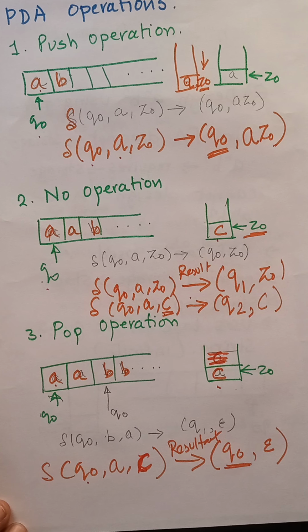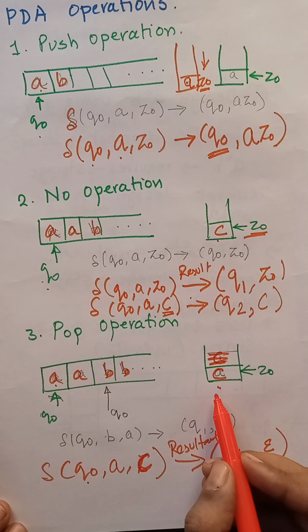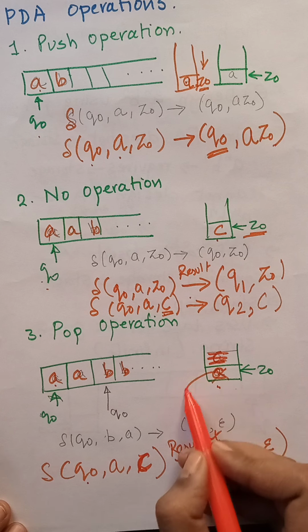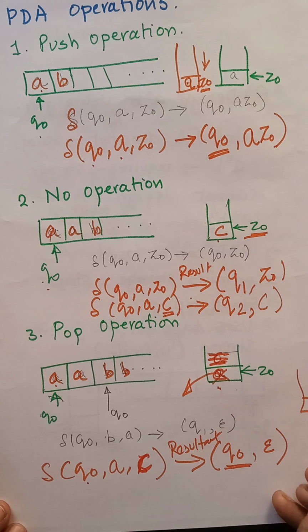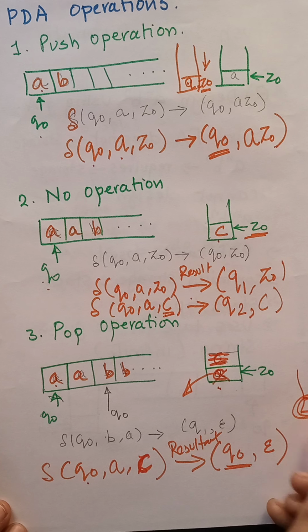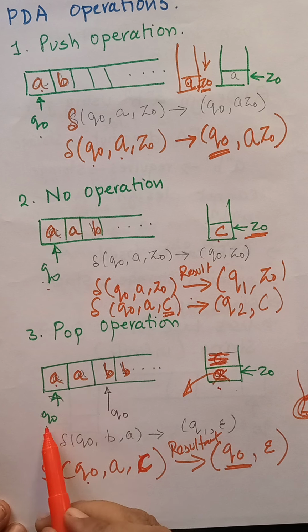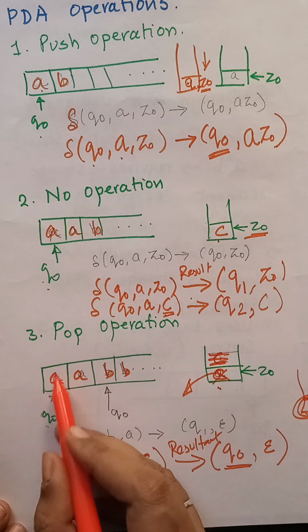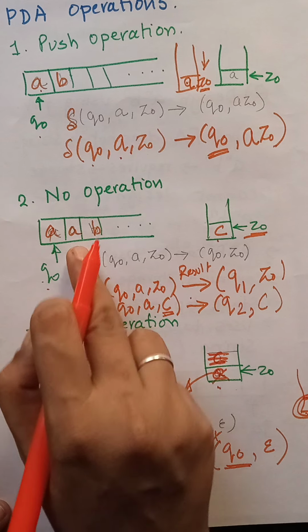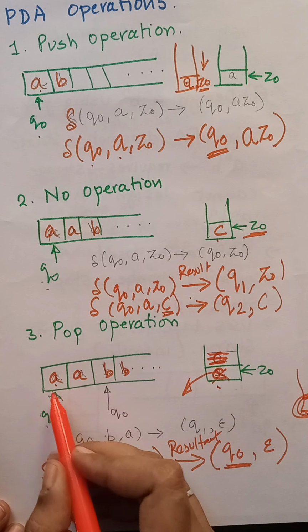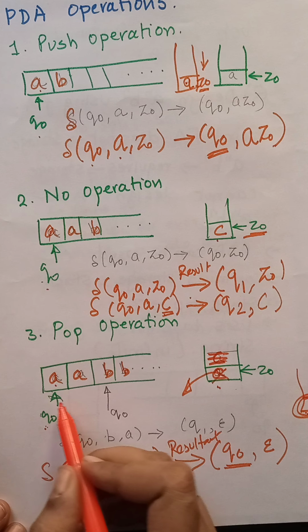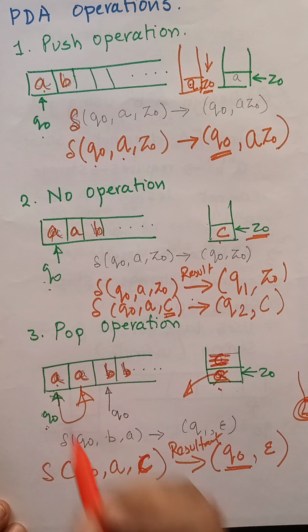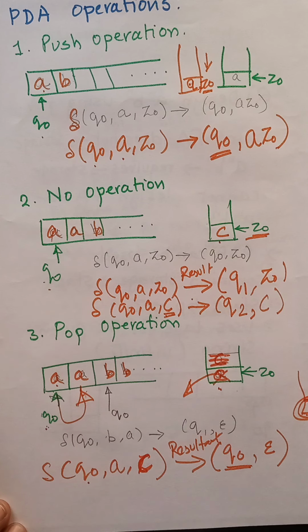So what will be present after the pop operation is that the c is going to be removed out of the stack. So the resultant stack will look like this: q0 is pointing to this stack, which is empty now. And where is the pointer of this tape pointing now? After reading this, that I forgot to discuss, after reading the current symbol with the initial state q0, it will move directly to the next state. So the pointer is going to point to the next position.